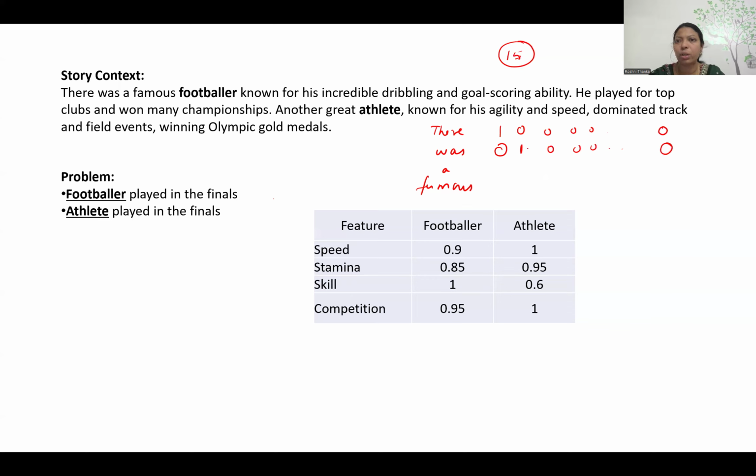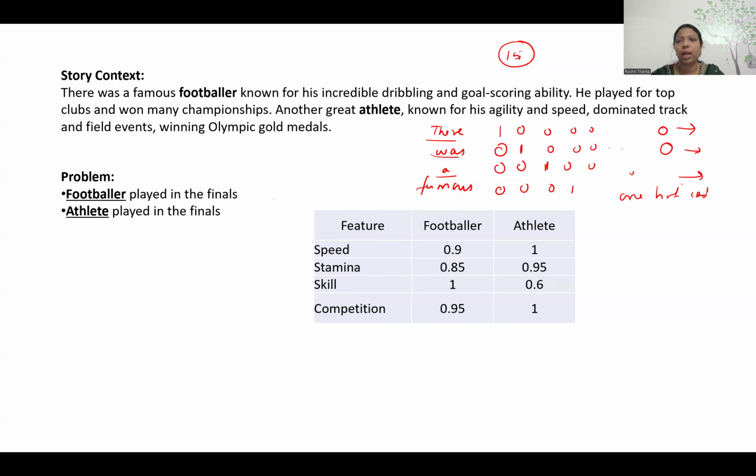Similarly, the first two are for "there" and "was". For "a", I'll give 0, 0, and this word as 1, and the rest as 0. So this is the one hot representation for "there", this is the one hot encoding for "was", and this is the one hot encoding for "a". For "famous", it is 0, 0, 0, and 1. Likewise, for all the unique words, one hot encoding will be given, and these are all the input values we give